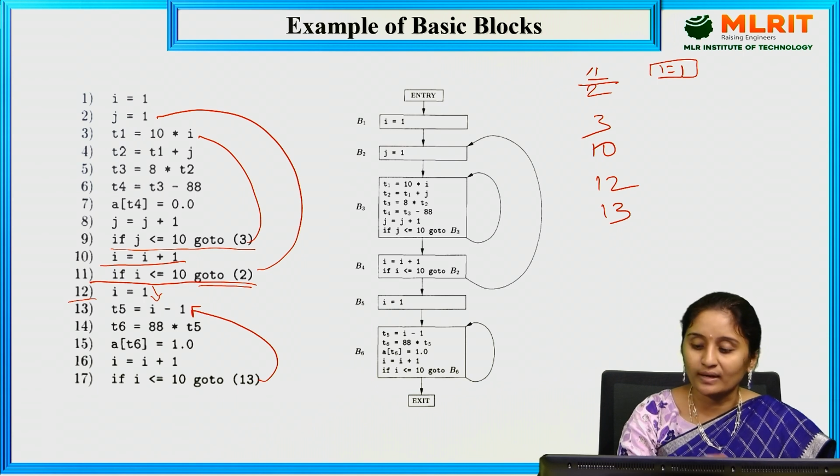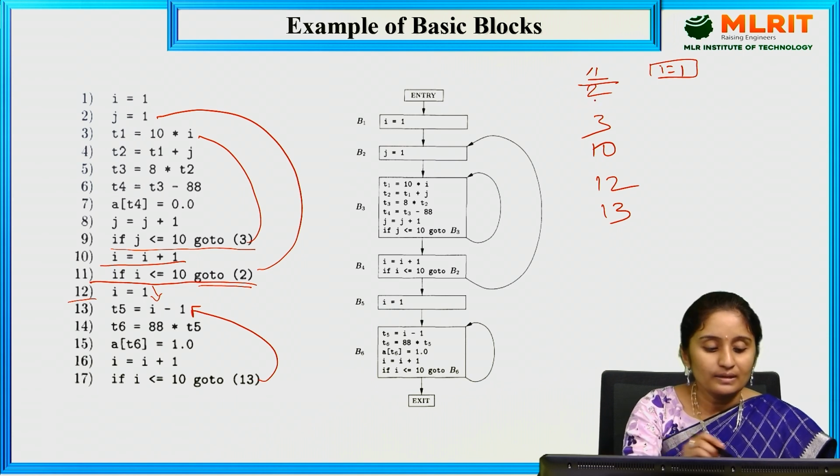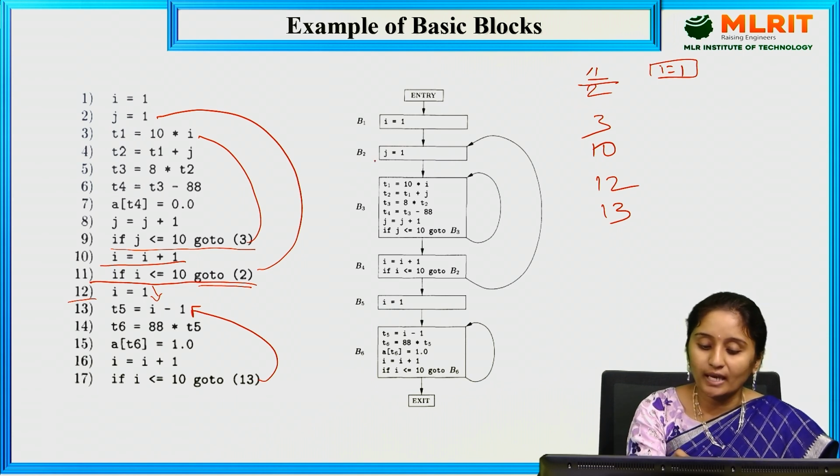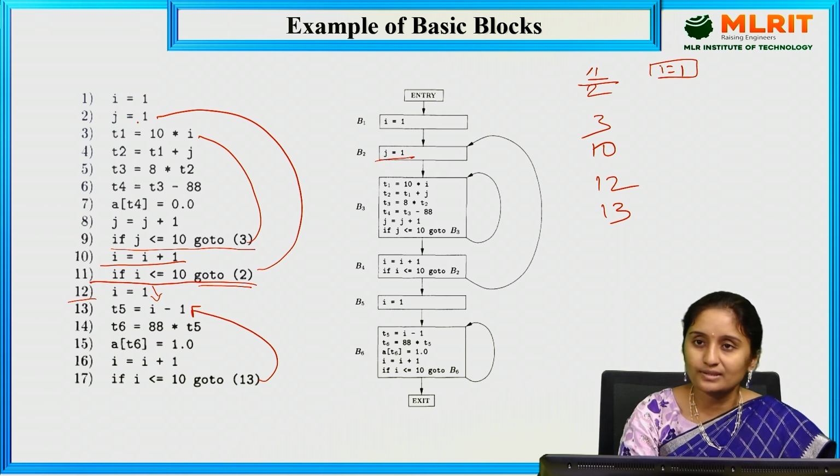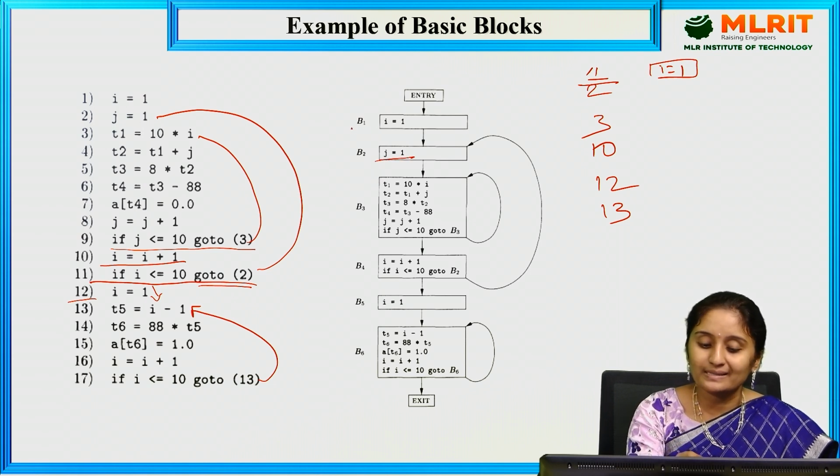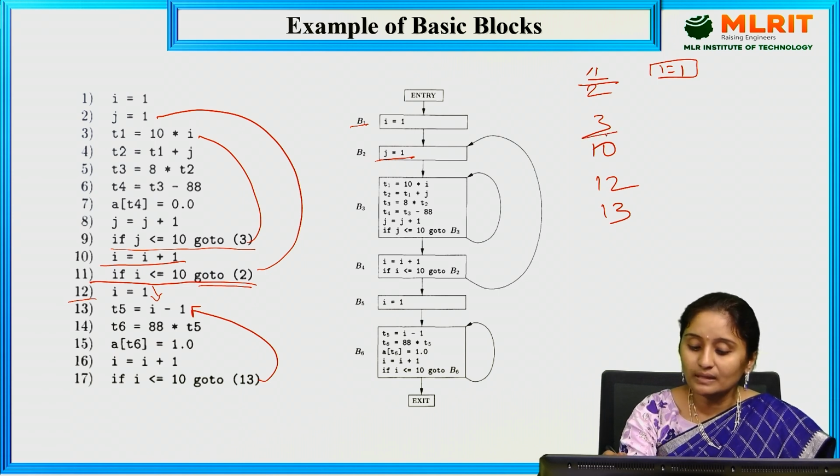I equal to 1. The second one is nothing but 2 statement what I have here, j equal to 1. J equal to 1, second statement. So first one I have assigned it with B1 block and the second one I have assigned it with B2 block. And the next one what I have here from 3rd line to 10th line, nothing but 9th line, there